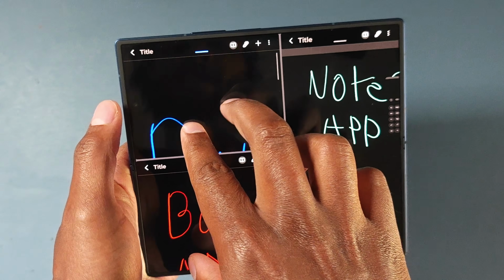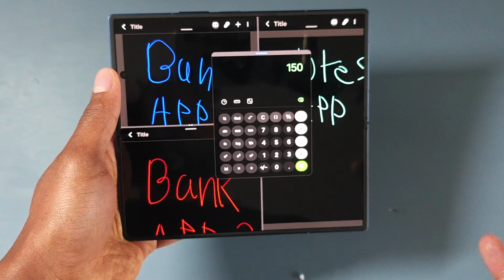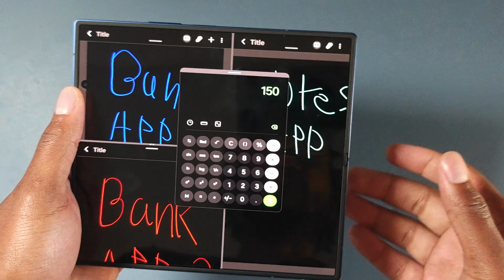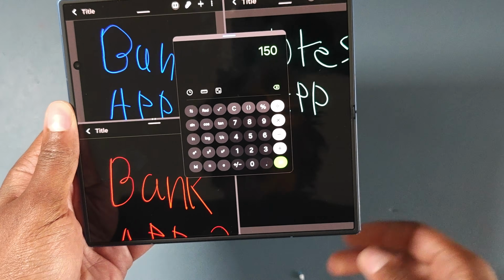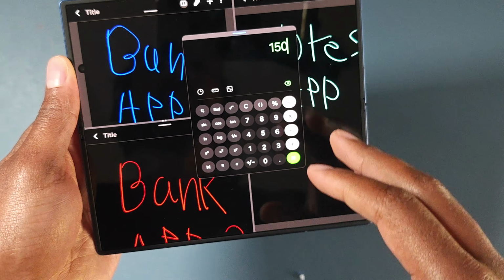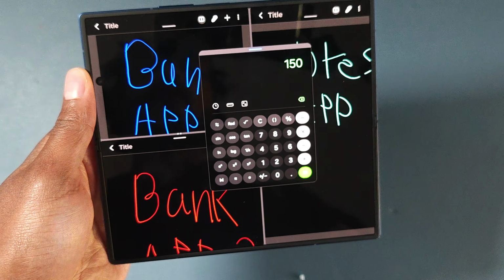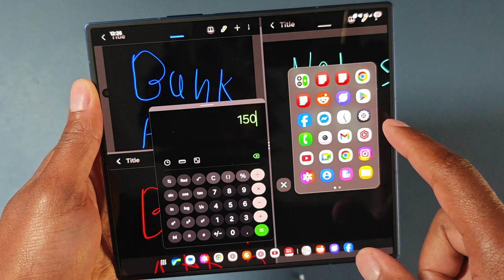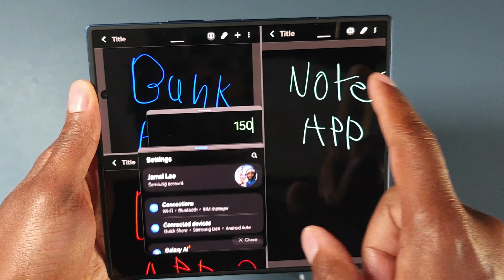So this is just one example of how I use triple split screen plus a floating window. It works very well for me. It helps a lot with dealing with finances on the go and just making sure you know where money is going. And even with bills, like figuring out when your bills need to be paid, writing them down. You can have your notes app, and then you can open up different apps to figure out your bills. Or you can even open them in floating windows very quickly and easily with things like one-hand operations,